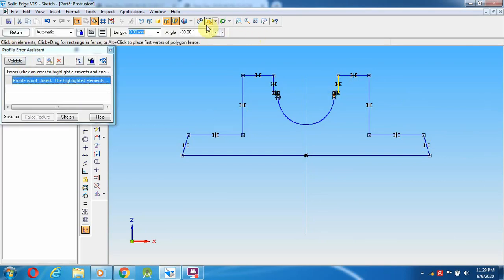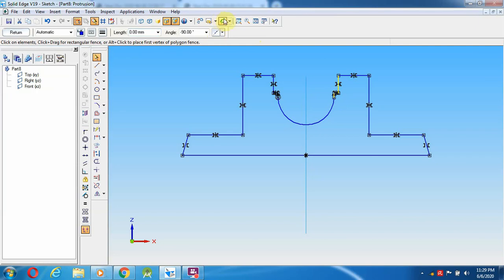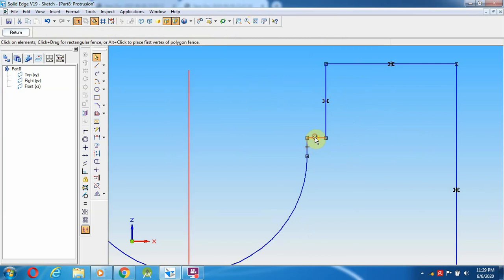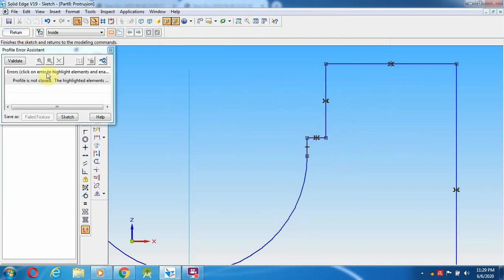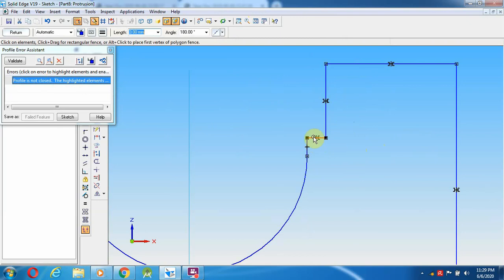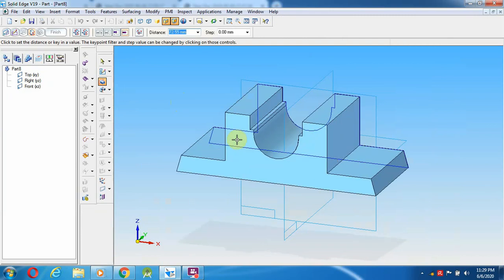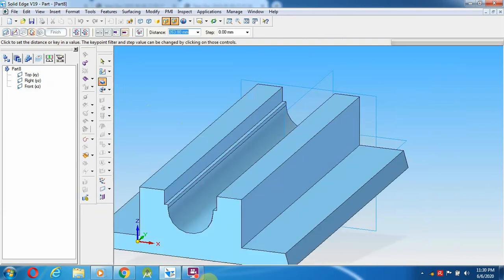So going to trim it, so going to give return again. So this is the thing that has to be done. After deleting all those things, give the depth.